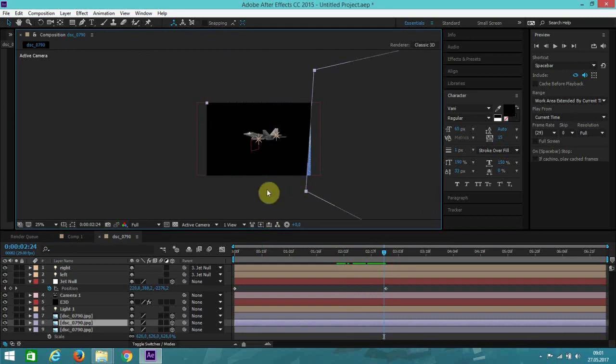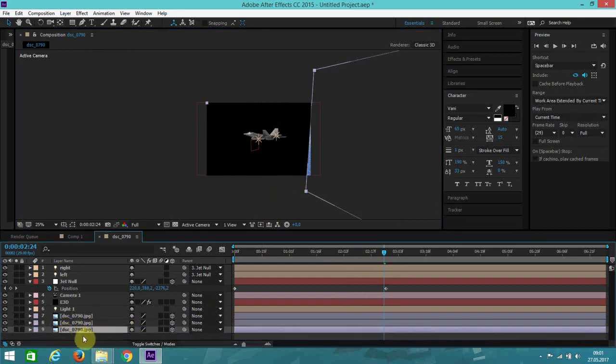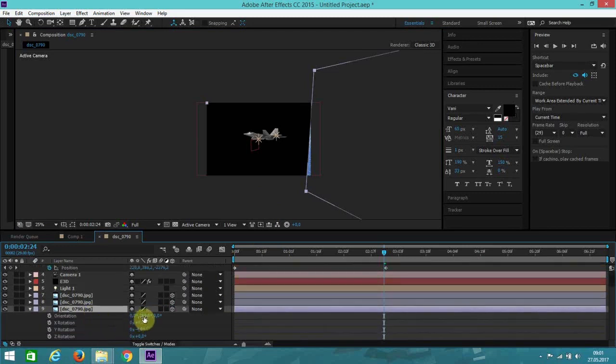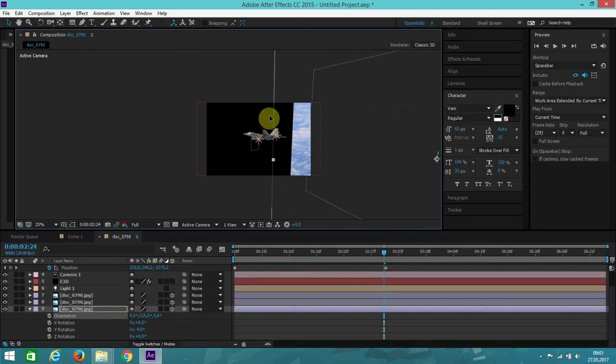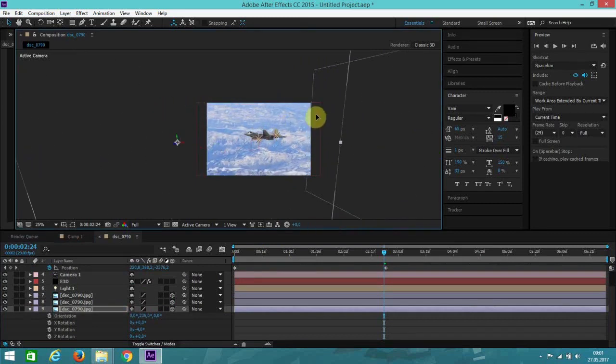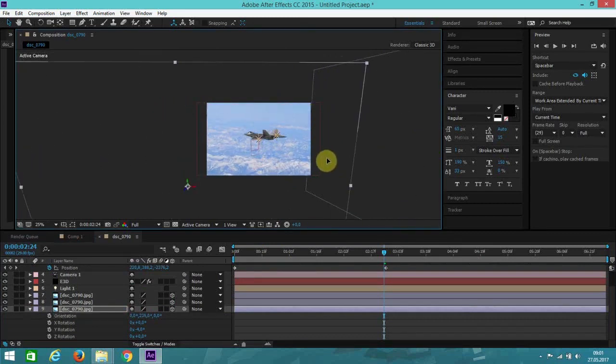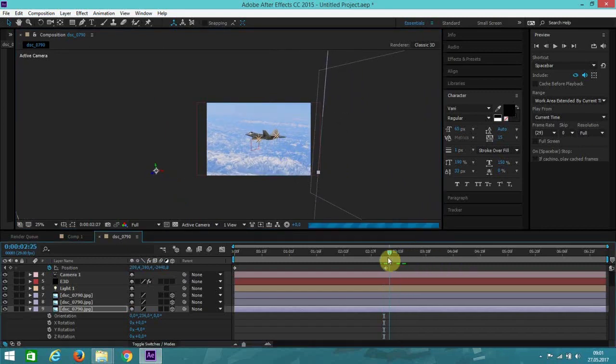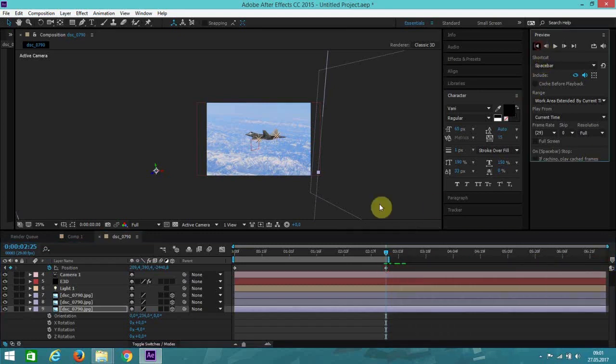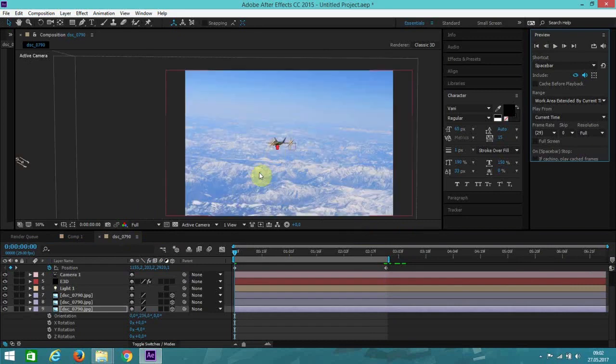Duplicate, R to bring up the orientation, so now let me put on motion blur